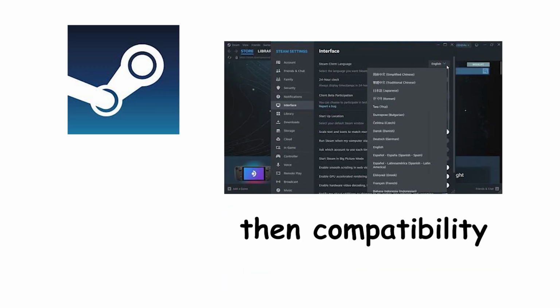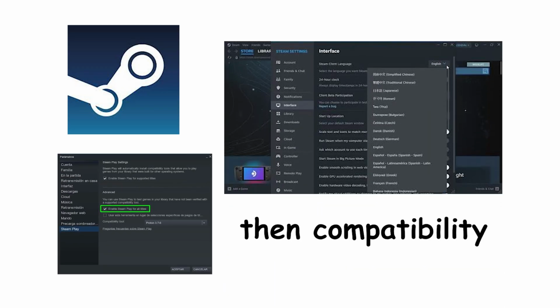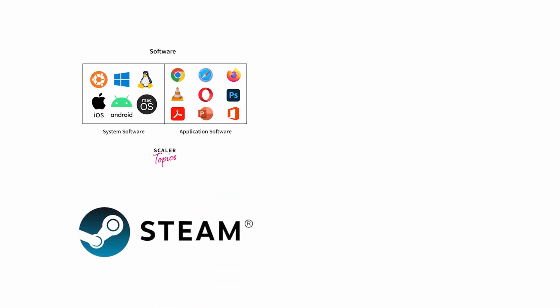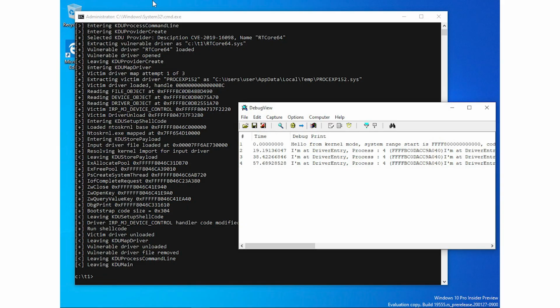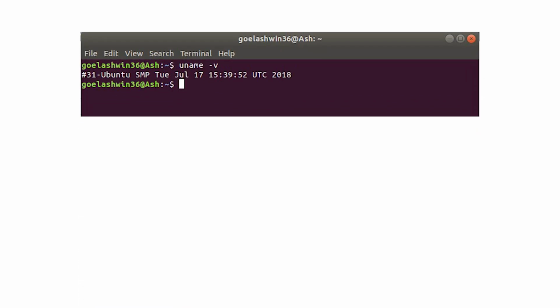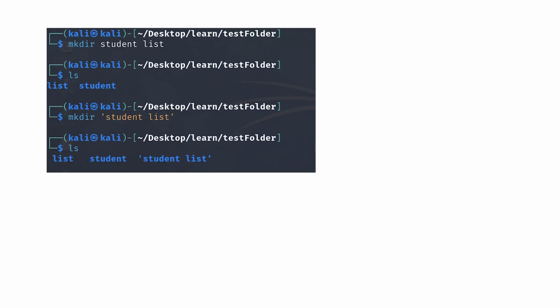Inside Steam, open Settings, then Compatibility, and turn on Steam Play for all other titles. That is the entire setup. For software outside Steam, Bottles and Lutris both manage prefixes for you. To check whether your system has the kernel driver, run uname -r for your kernel version, then ls /dev/ntsync. If the file is there, you have it.